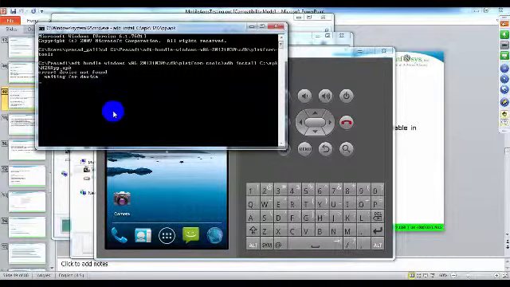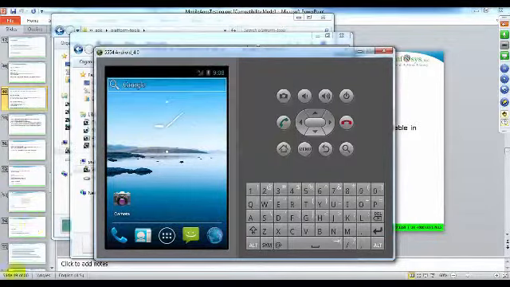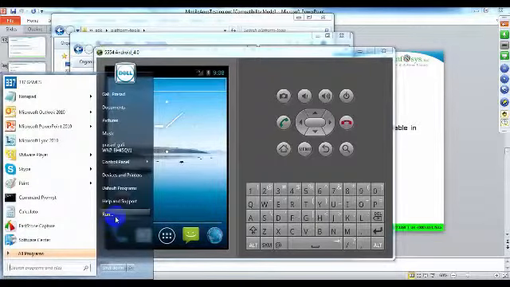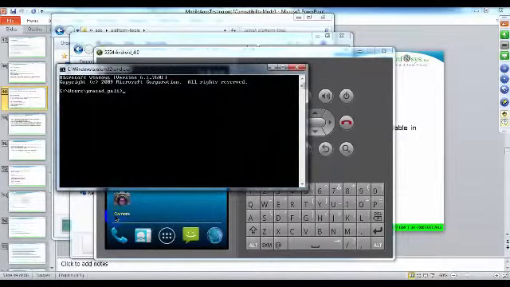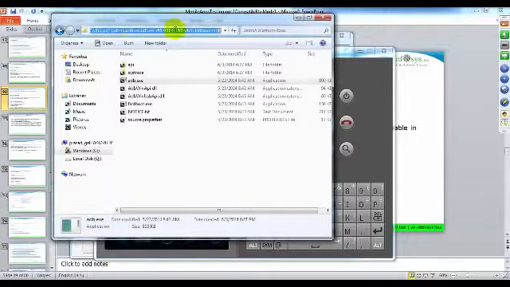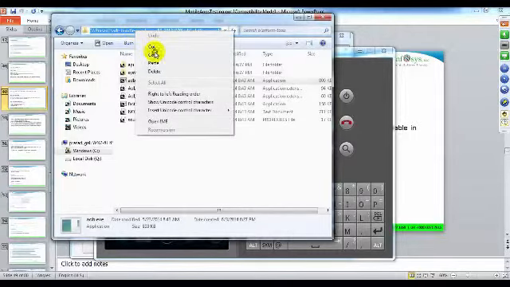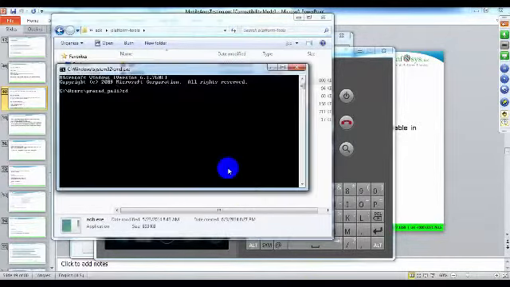Why is it taking this much time? Okay, let me close this and open again. Click on run, enter CMD, and then change your directory to that ADB location. This is my ADB location. Copy this and go here.